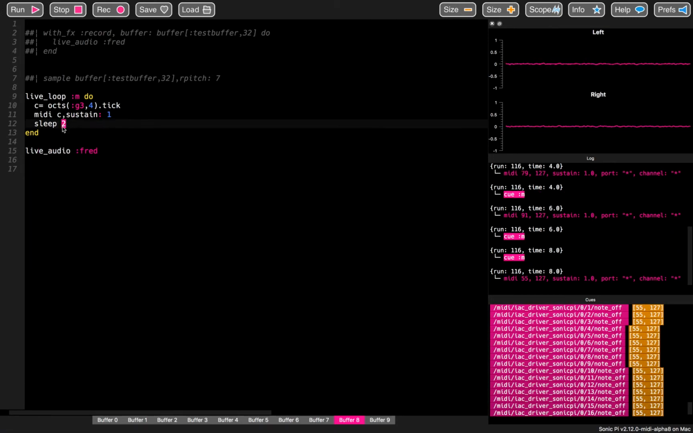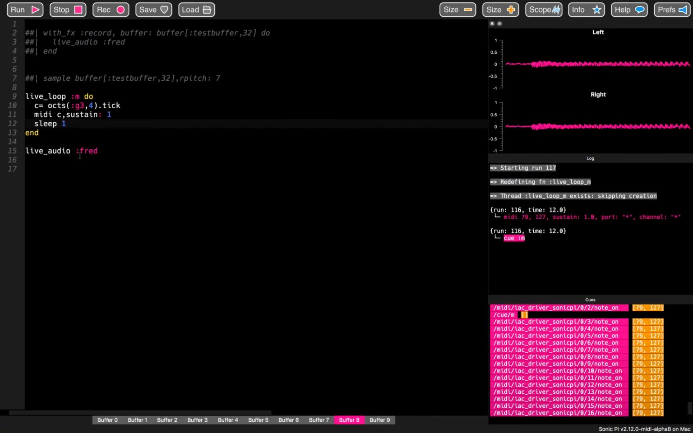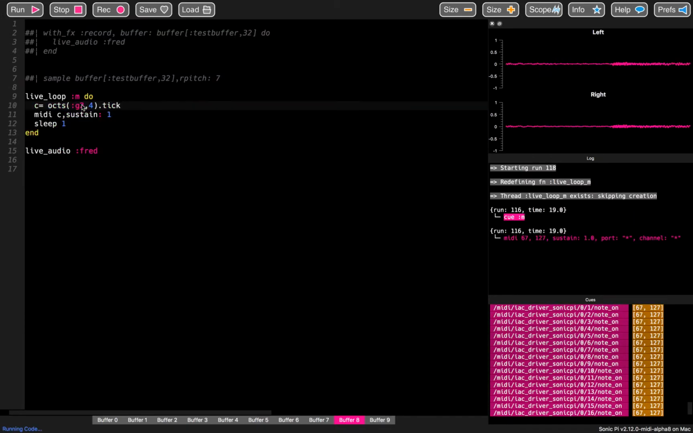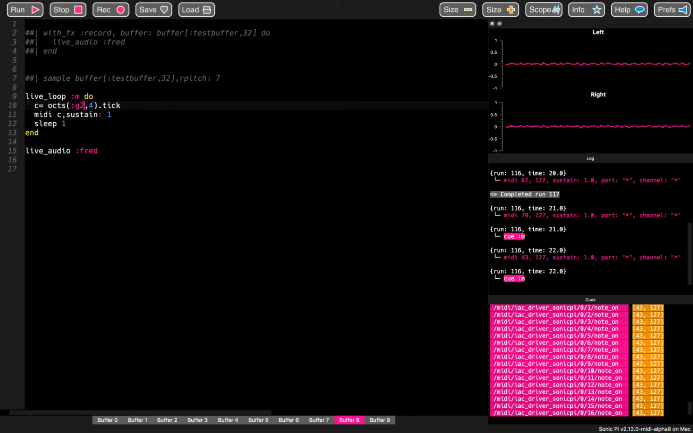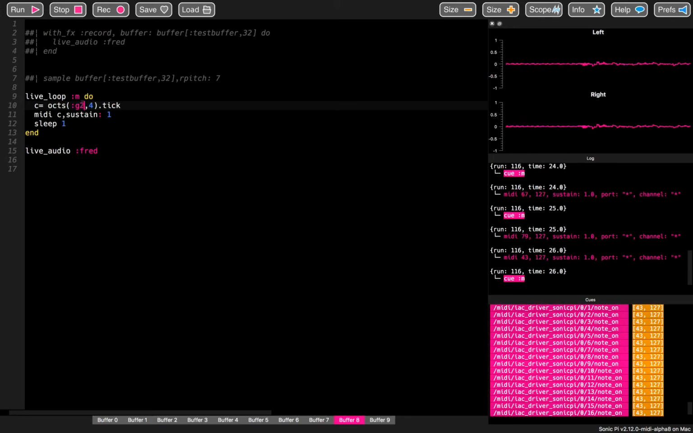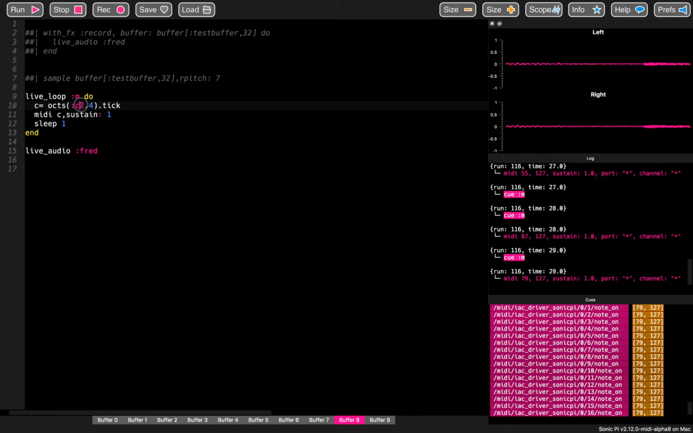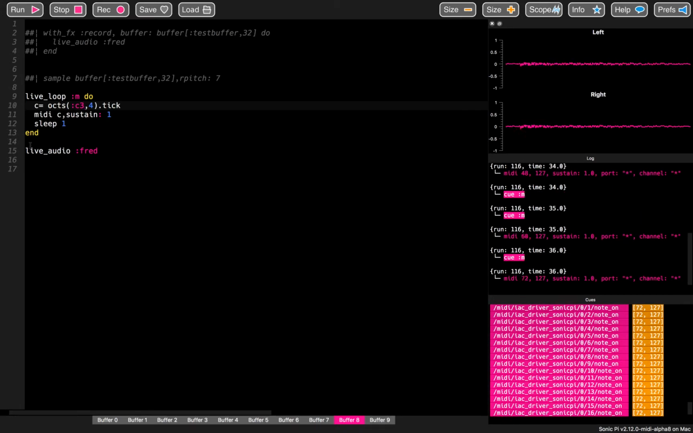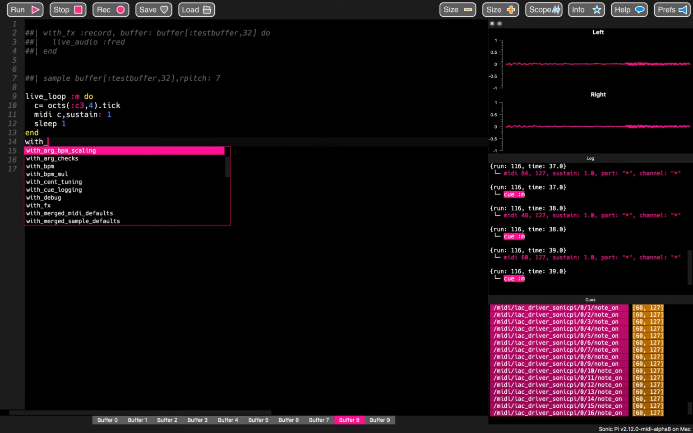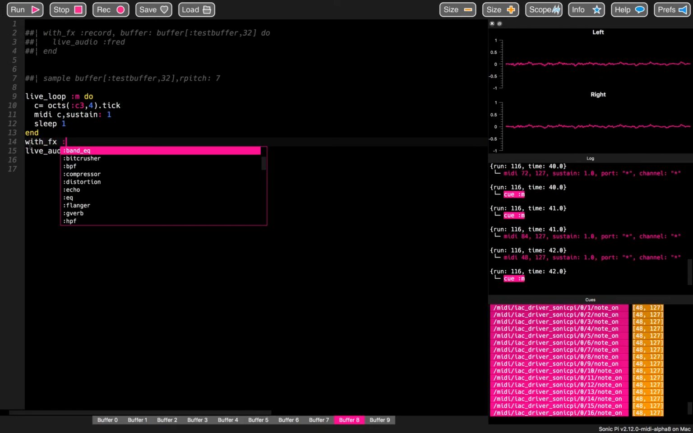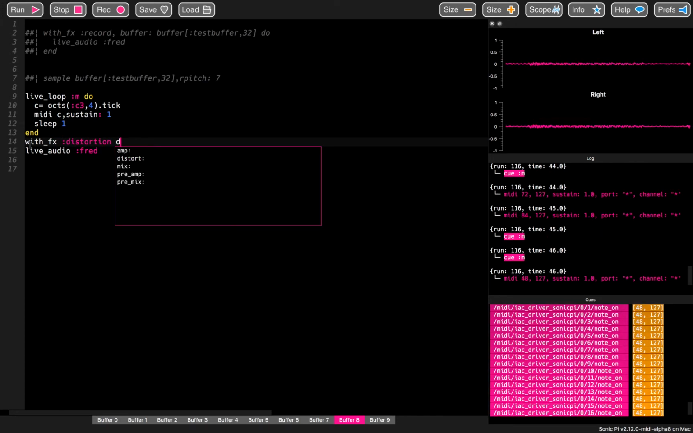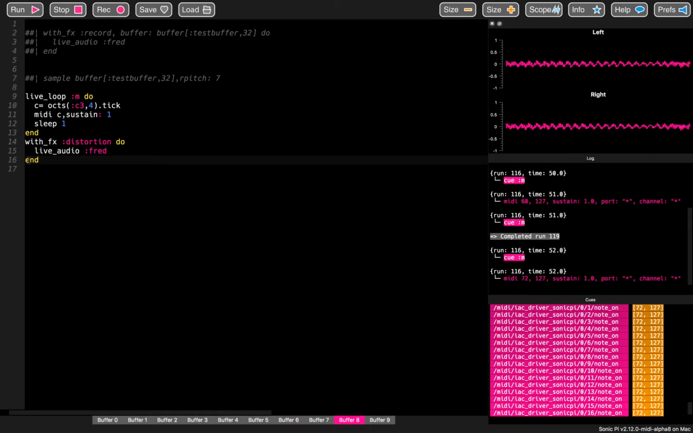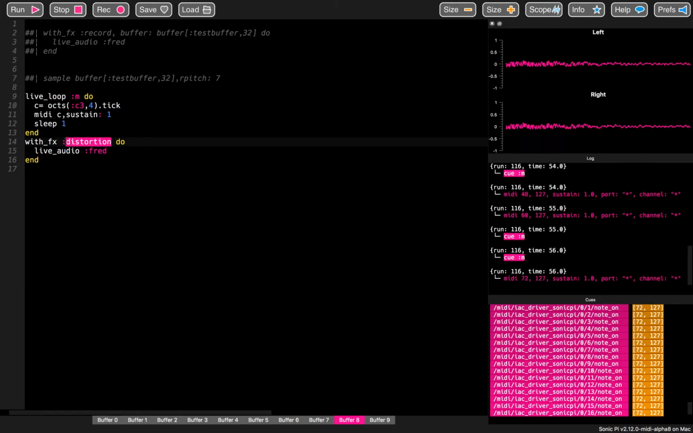Let's just reduce the time there. We can change the notes very easily. And of course you can put some effects around this as well. Or some